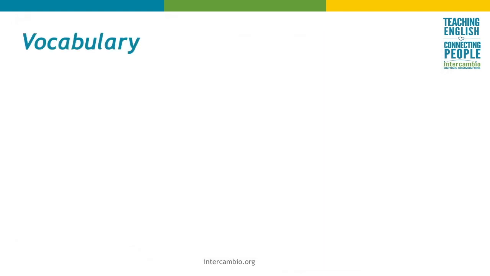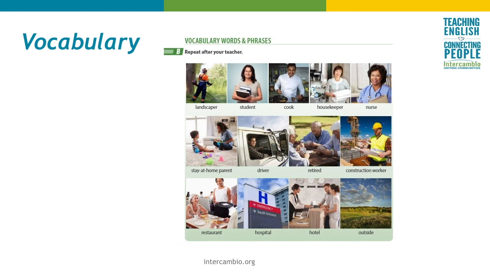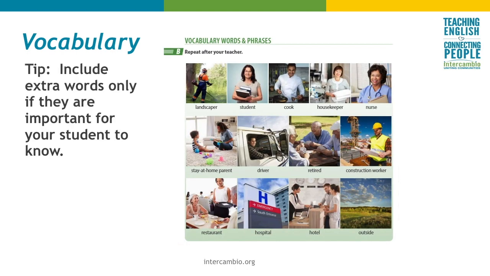Now let's look at the vocabulary section. Remember to keep it simple. It's best to stick mostly to the vocabulary that is in the book in that lesson. Don't get into long explanations of interesting but less important words. However, you might want to add words if they are relevant to the topic and necessary for your student. Occupations is a great example. Make sure your student's occupation is in there. Or in the family lesson, if they live with a family member that's not included in the chart, you'll want